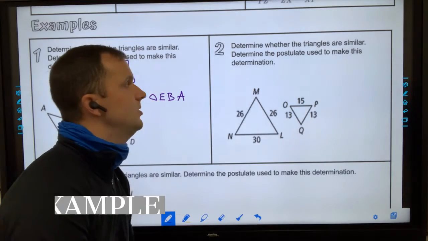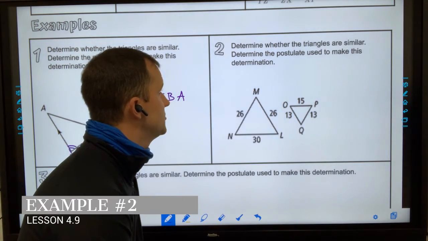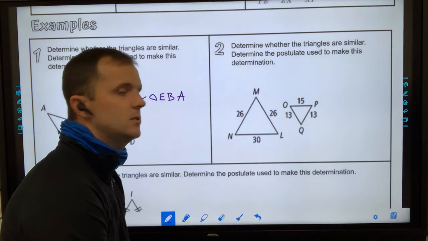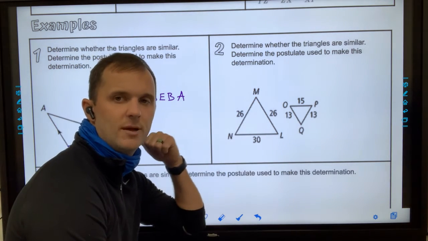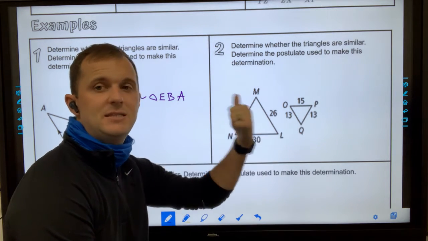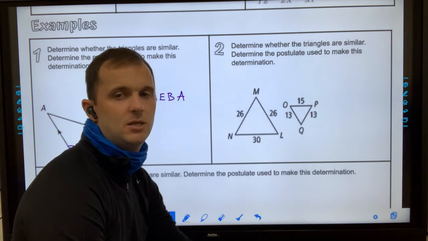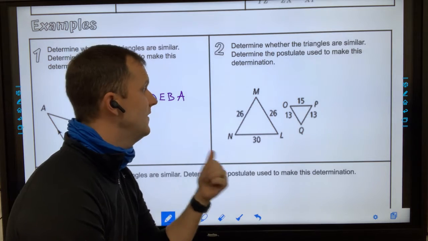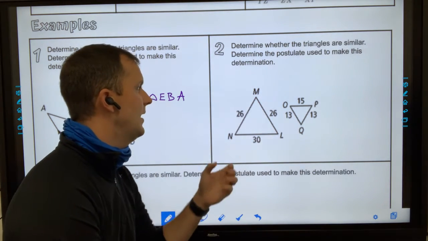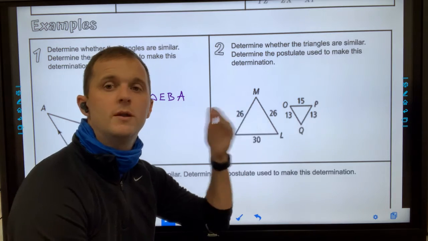So on example number 2, it says, determine whether the triangles are similar and determine the postulate used to make this determination. So on the last one, we were given angle measurements. Now look here, we have sides. So the side postulate tells me that all the sides have to be proportional, okay? So what I'm going to do is write a ratio from the smaller one to the bigger one,